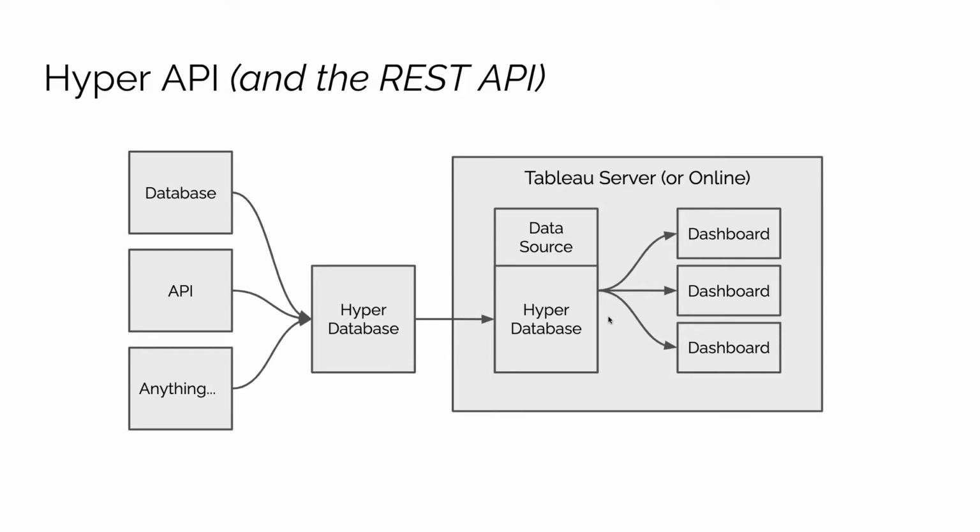Now, the final example that I'm going to talk about is something called the Hyper API. This is the granddaddy of it: if you wanted to really customize something to meet your requirements, and you needed something very bespoke, you could use the Hyper API and the REST API. So the Hyper API is an API that you can use to actually build these hyper databases outside of Tableau